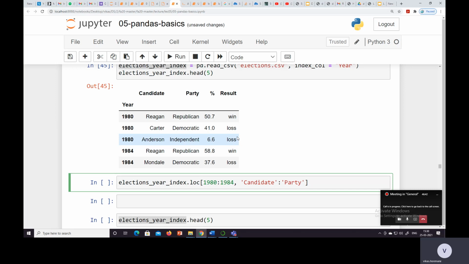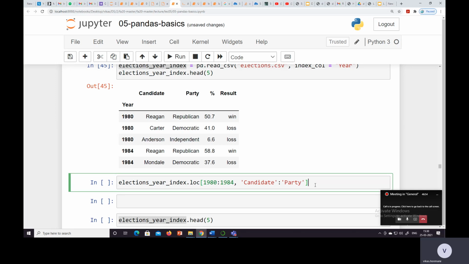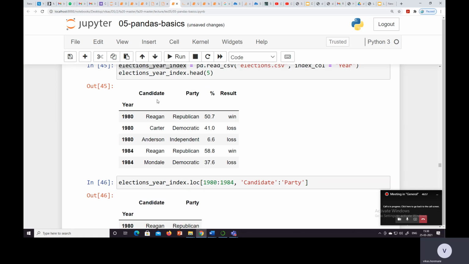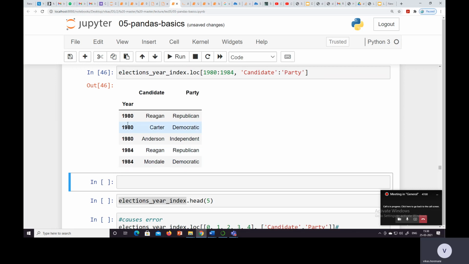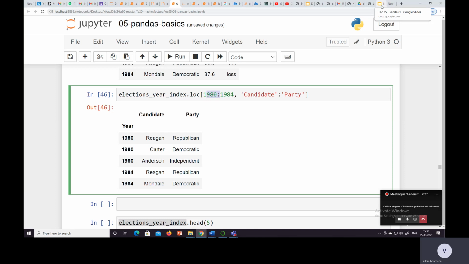When I run this, I'll get the rows which have year 1980 to 1984, and two columns, candidate and party, because in between there is no other column. So likewise we'll get 1980 Reagan, 1980 Carter, 1980 Anderson, 1984 Reagan, 1984 Mondale. Okay, so this is how we work on the index and .loc.